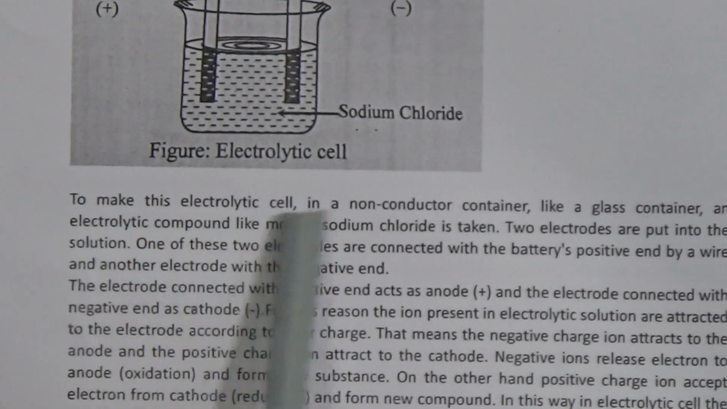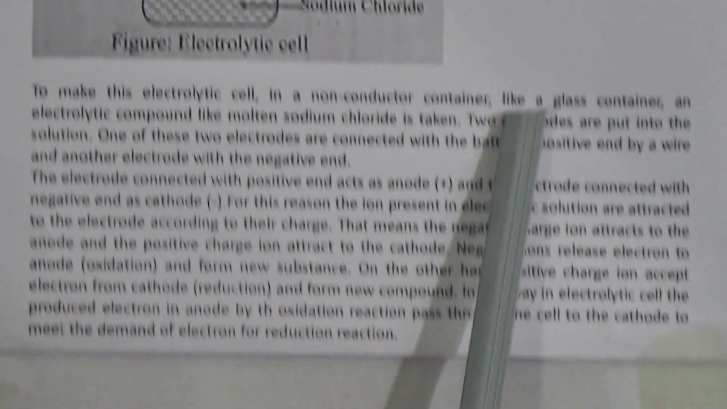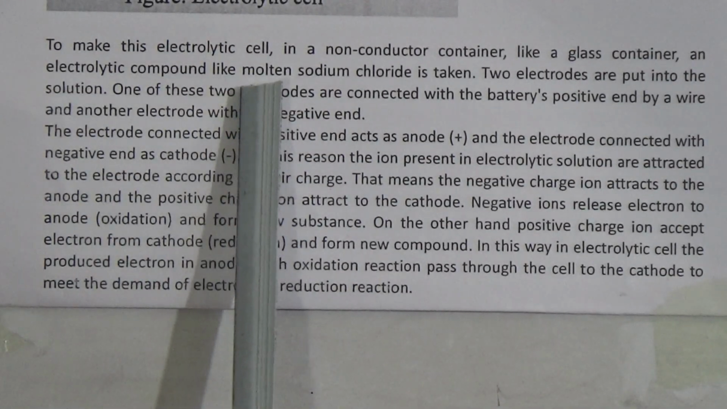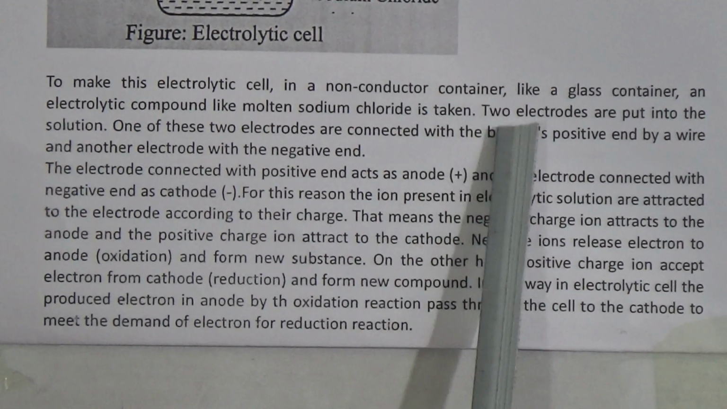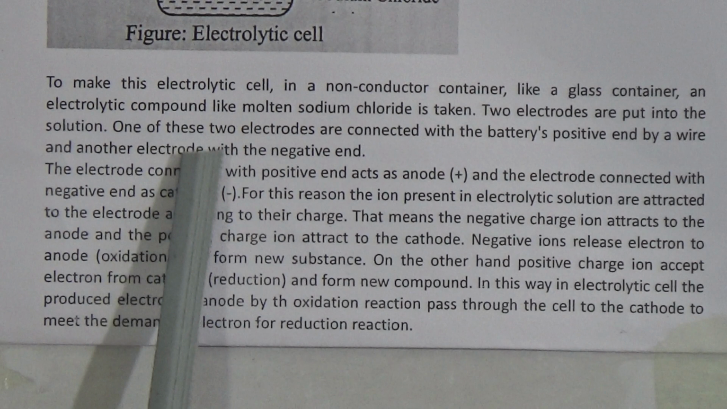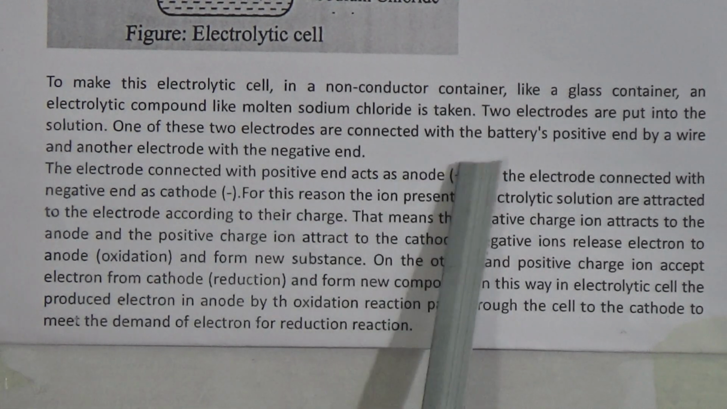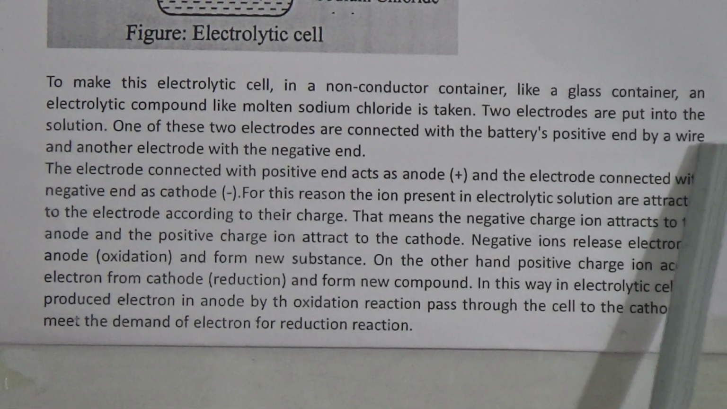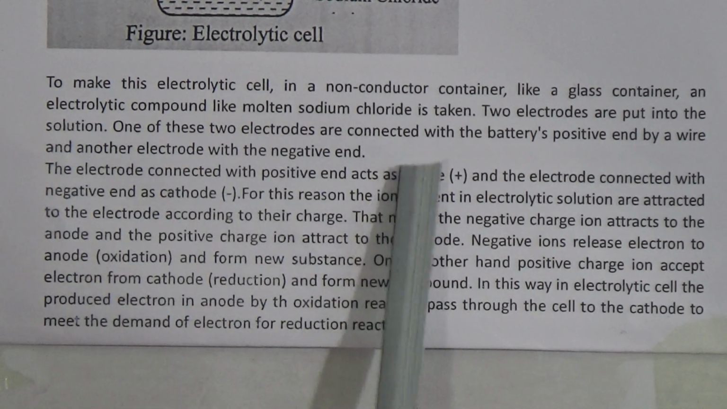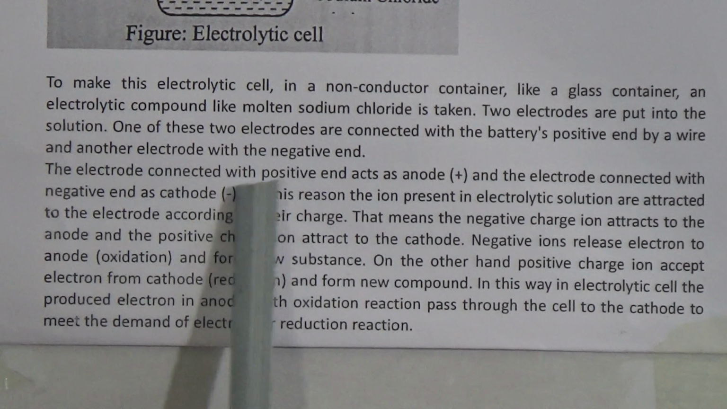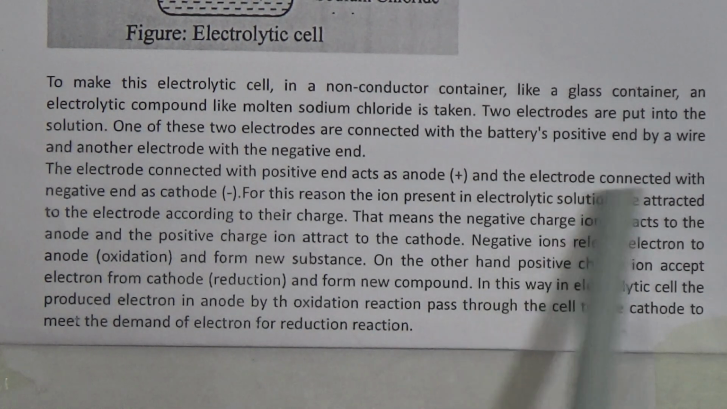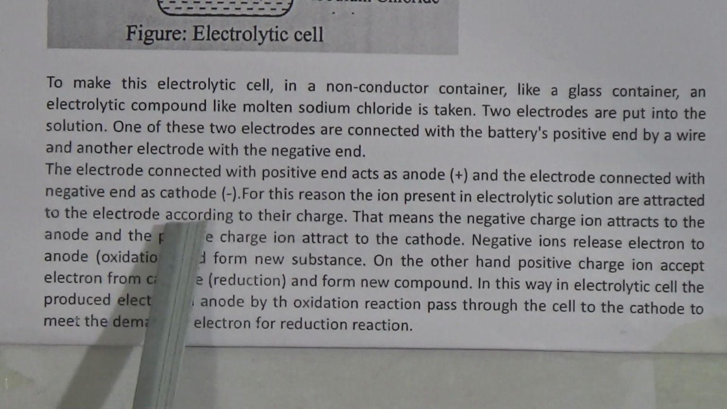To make this electrolytic cell, a non-conductor container like a glass container is taken. An electrolytic compound like molten sodium chloride is taken. Two electrodes are put into the solution. One of these two electrodes is connected with the battery's positive end by a wire, and another electrode with the negative end. The electrode connected with the positive end acts as anode, and the electrode connected with the negative end acts